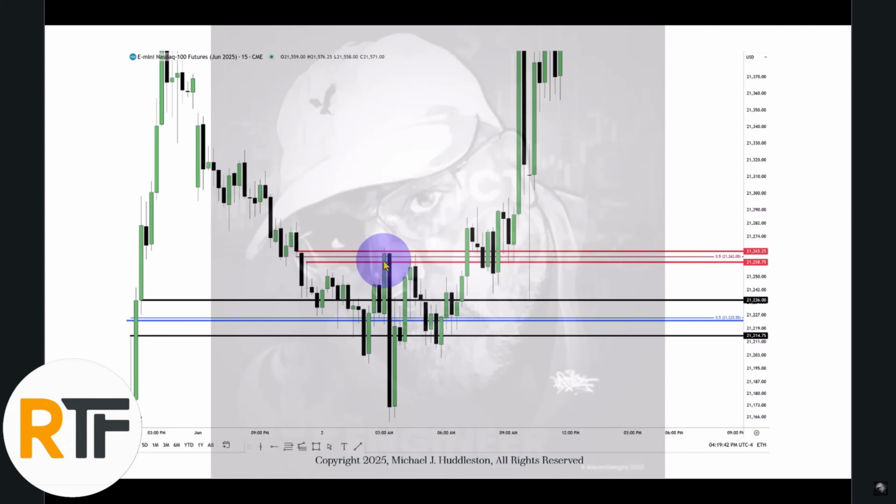Now, if you recall, I counseled you to try to avoid trying to pick a top in the NQ. So if we see a low, high, lower low, as we have here, bullish breaker, this is going to be salient. This is going to be worthwhile if we start studying this. And inside that, going to the left, we see there's a fair value gap right there. So this is going to act as an inversion fair value gap at a later time. So as we go closer to the 9:30 opening, in the opening range, we can anticipate a likelihood of the market wanting to rally back above it